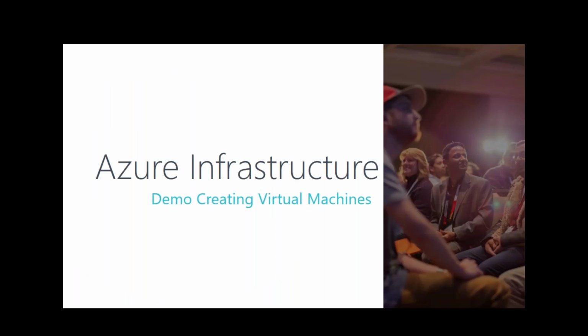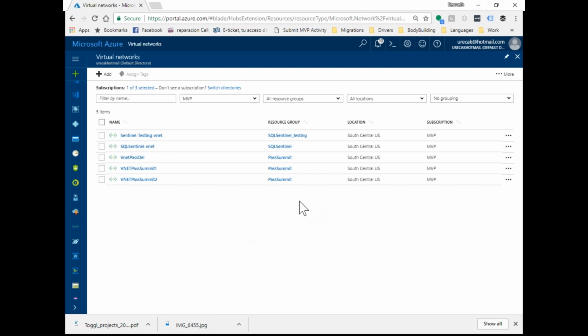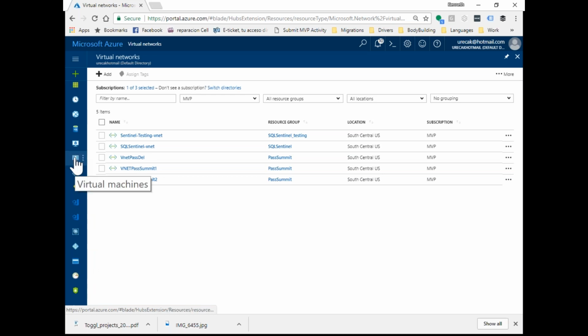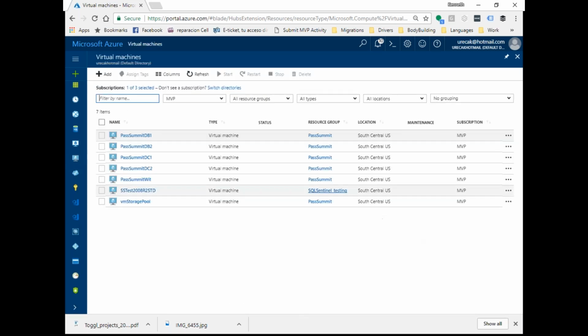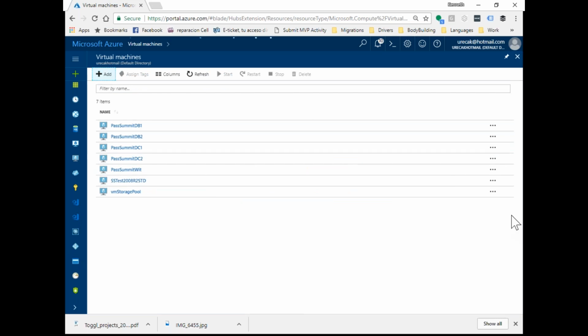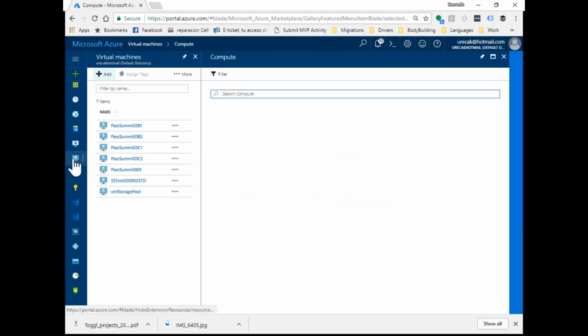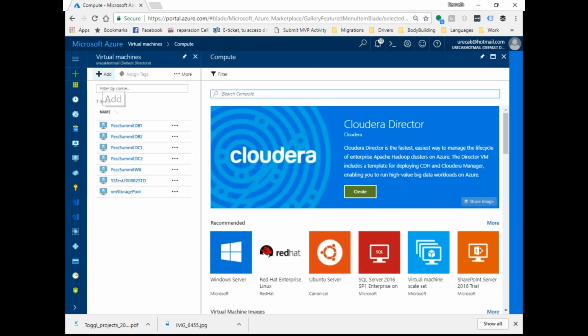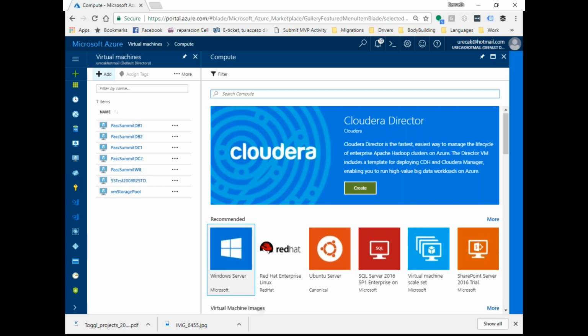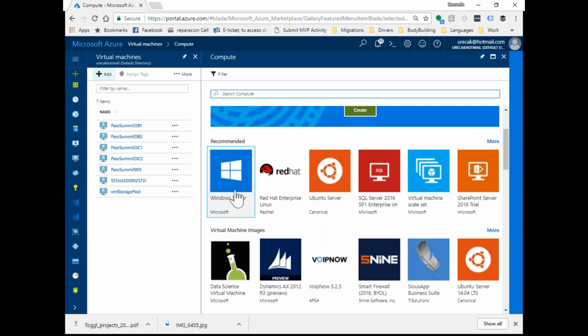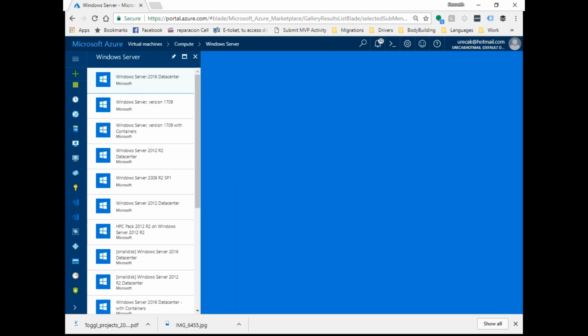Next is creating the virtual machines. Creating virtual machines in Azure, like I mentioned before, is not that complicated. I'm just going to quickly go through it because I have the virtual machines created already. Just going to quickly say what you need to specify. You click the virtual machine button, then click add. You want a Windows Server machine. Microsoft already provides what you can choose. You can choose Windows Server Data Center Edition, the different versions,